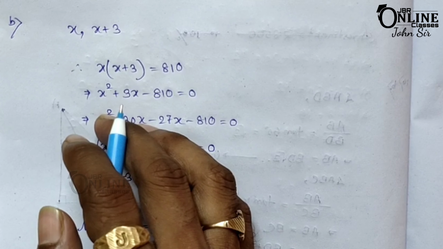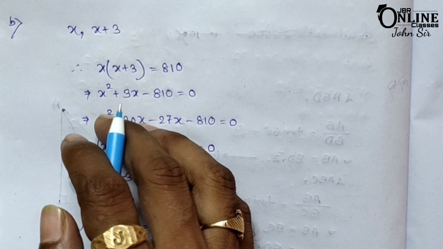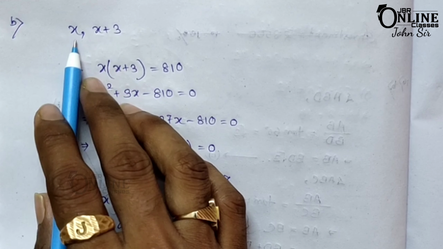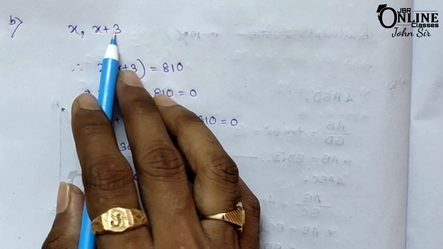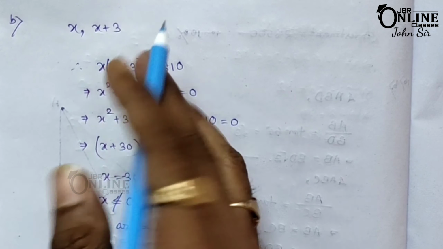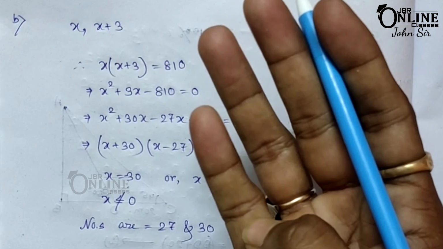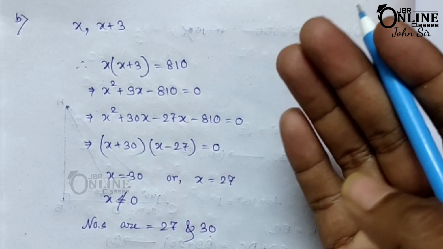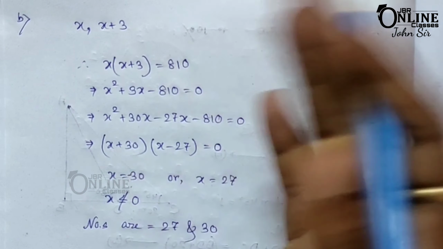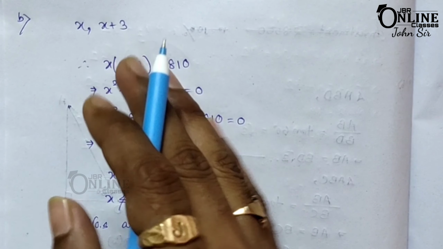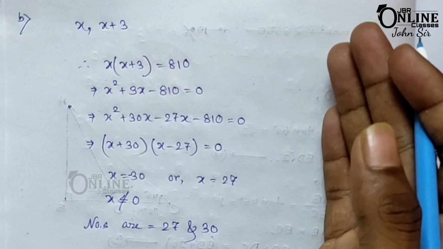The product of two consecutive natural numbers are multiples of 3. Suppose the first number is x, so the next multiple of 3 equals x plus 3. Okay, like that, if the first number equals 3, then the second multiple of 3 equals 6. It means 3 plus 3 becomes 6. If the first number is 15, then the second number will be 15 plus 3, that equals 18.